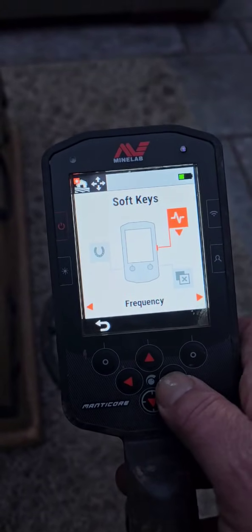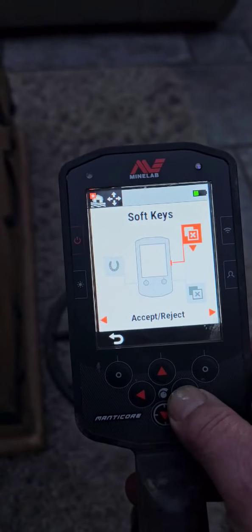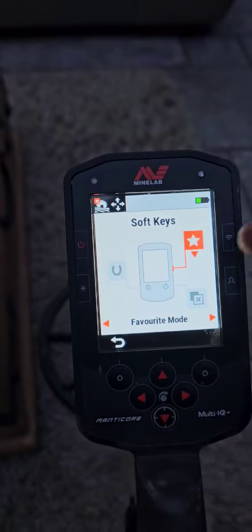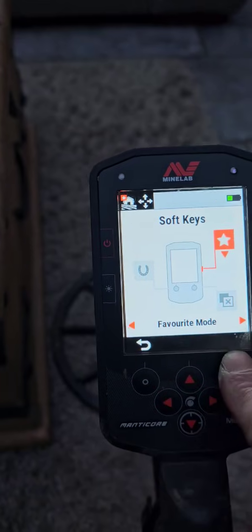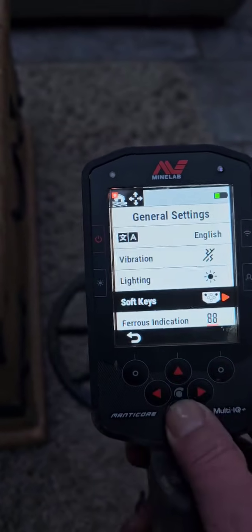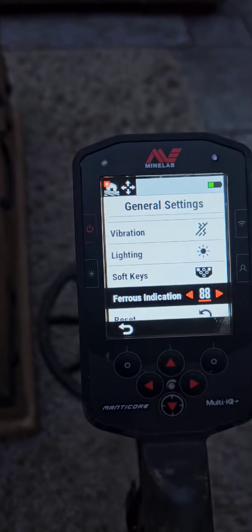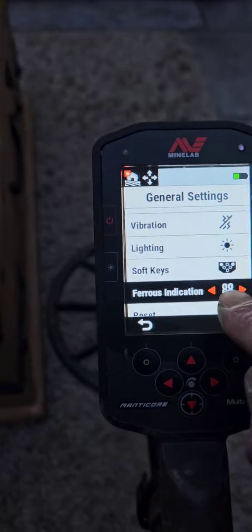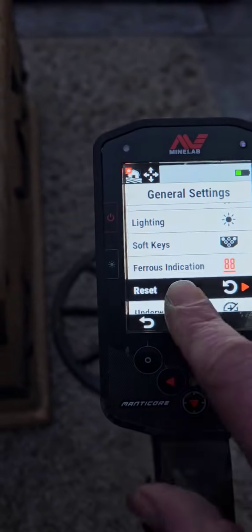Recovery speed, frequency, clear ID map, and all metal, accept reject, noise cancel, ground balance, and we are back in favorite mode. So all those features you can assign to all those buttons. Yeah, Ferrous indication for the people who don't want to have the sound when they run with open horseshoe, but they want to have an indication. Turn this one on red, and you have red indication. Reset